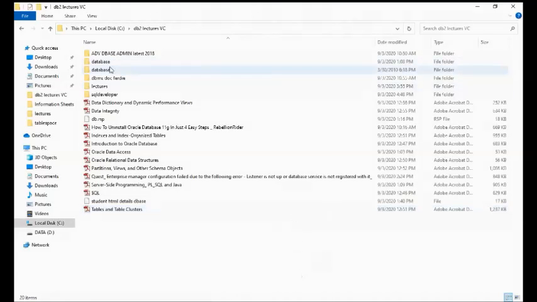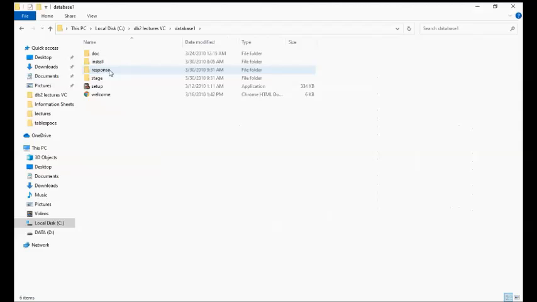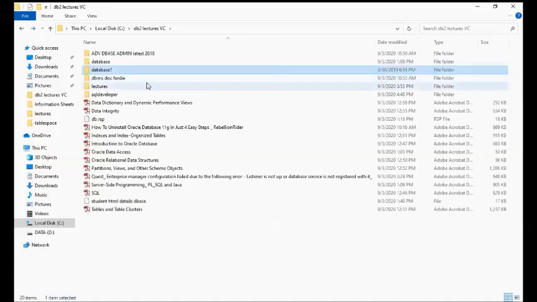Wait. Where will I go? Yeah, that's it. Okay. So you can see I have database 1. This is the 2. Remember? Database 1, and this is the number 1, and this is 1 of 2, 2 of 2.